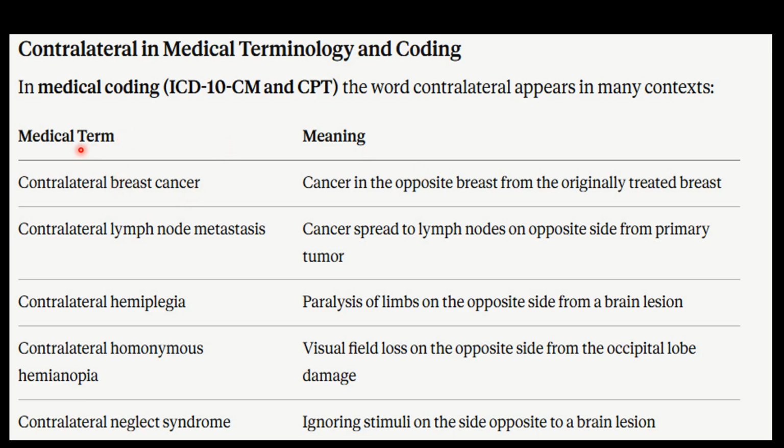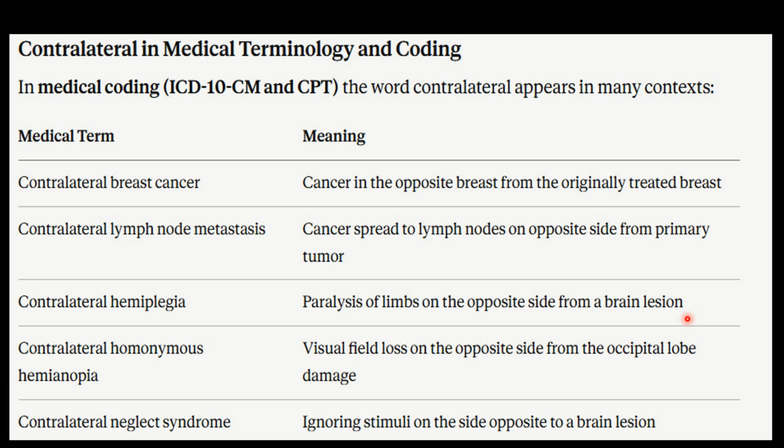So here you can see the medical term contralateral breast cancer, which means a cancer in the opposite breast from the originally treated breast. So here contralateral means different side, not on the same side but on a different side. The next example is contralateral lymph node metastasis, which means cancer spread to the lymph nodes on the opposite side from the primary tumor. The next example is contralateral hemiplegia, which means paralysis of limbs on the opposite side from